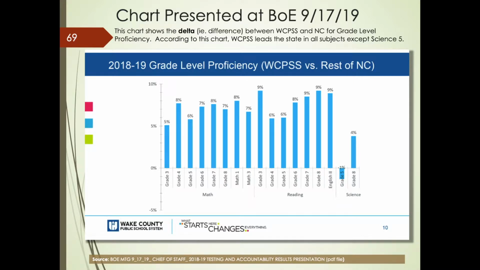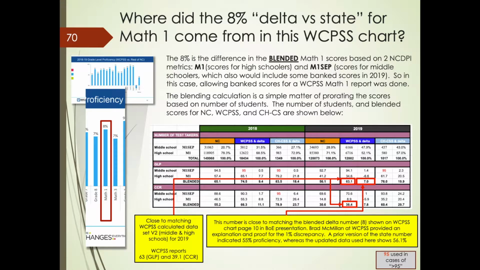this entire presentation in part 1, which is with this bar graph showing comparisons to the state for grade level proficiency for all these subjects. What I want to do here is explain the number that's on that chart for Math 1. As we've talked through this entire presentation, Wake County has shown several different ways to look at the Math 1 metrics. I want to make sure we're clear on what this